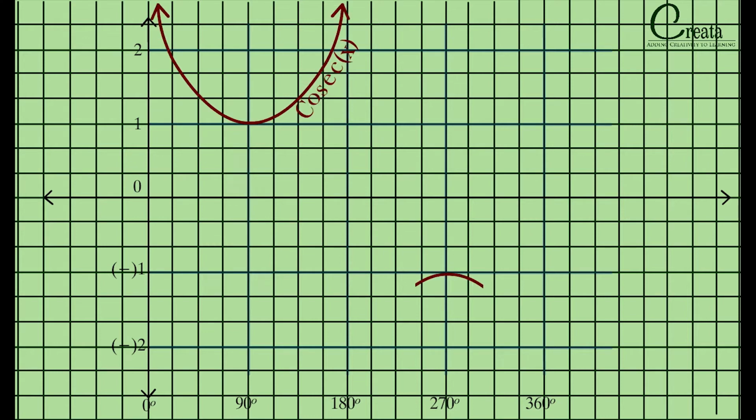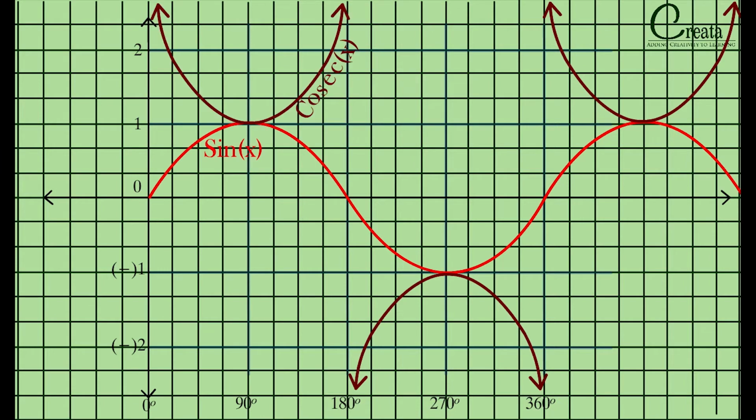Firstly, cosec graph. We know cosec is reciprocal of sine. In the graph also you can visualize the same. Cosec graph is just the reciprocal of sine graph. As sine graph is increasing, our cosec graph is decreasing. And as sine graph is decreasing, our cosec graph is increasing. Sine and cosec touch each other at 90 degrees, and after that at a regular interval of 180 degrees at 1 and -1 on y-axis.